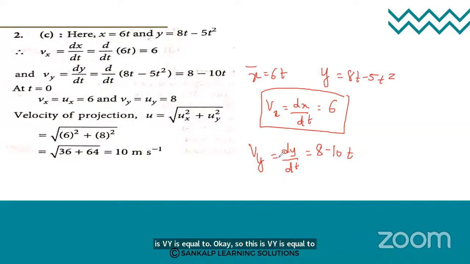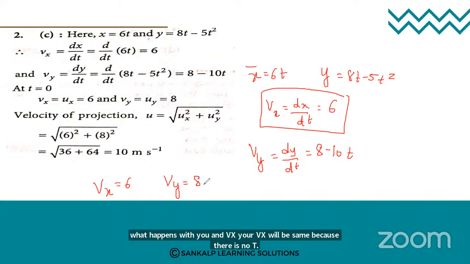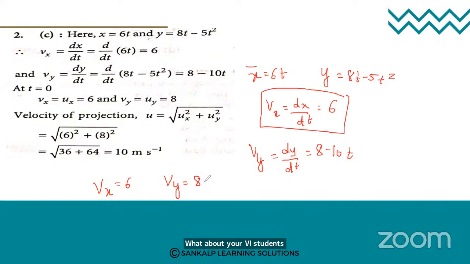So now at t is equal to 0, what happens with your vy and vx? Your vx will be the same because there is no t term. What about your vy, students? vy will be 8 minus 10 into 0, that is nothing but vy is equal to 8 only. So therefore the velocity of the projection is given by the formula